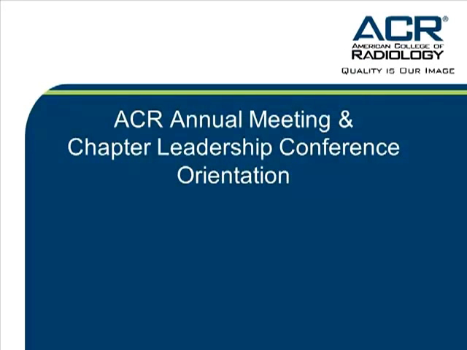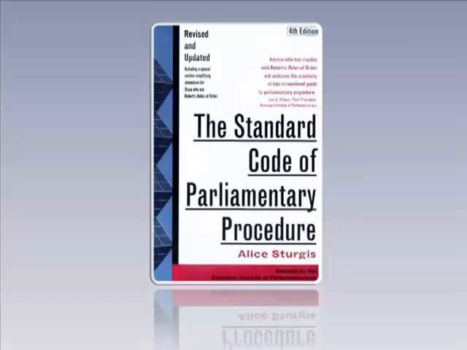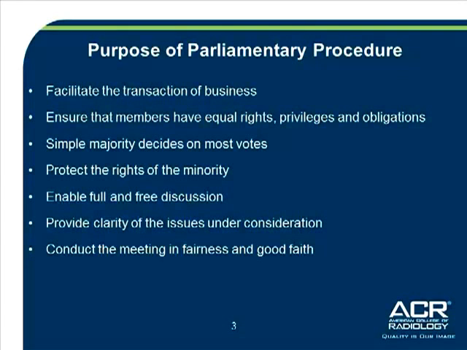The ACR Council is governed by the Sturgis Code of Parliamentary Procedure, 4th edition. This code provides guidance on how individuals participate in the meeting and provides rules for conducting business. This podcast will provide some basic assistance on the use of procedures to assist councilors and members in participating fully in the AMCLC activities. The purpose of parliamentary procedure is to facilitate transaction of business and ensure a fair hearing